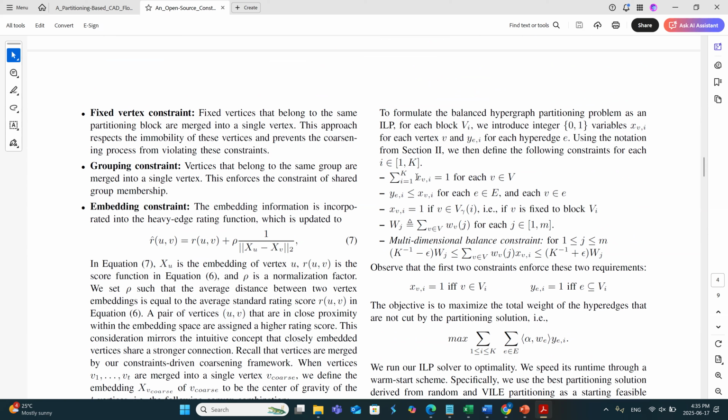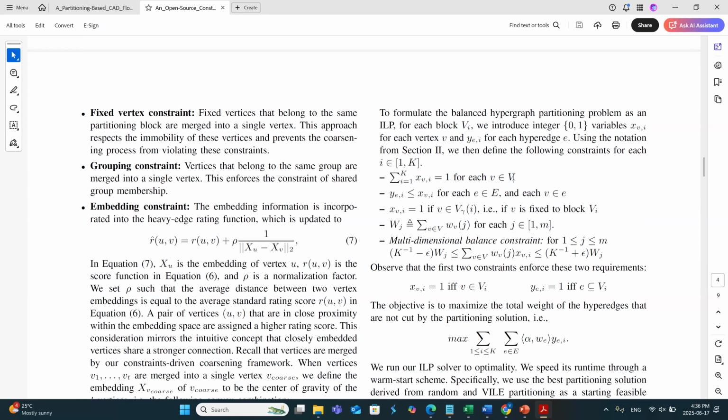And this first integer variable they defined is basically, am I in partition? Let's see. I have to be in some partition. So V is, I believe, for each block V, we introduce these variables for each vertex. So x is a variable that exists for every single vertex. They use this notation of block,